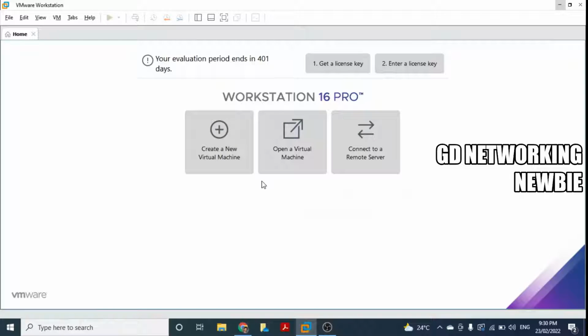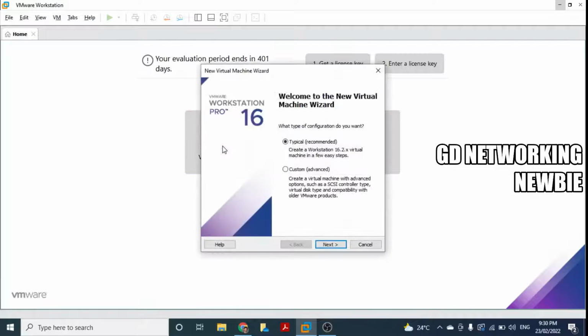So this is in VMware. We have this VMware, and you can see here there is an option to create a new virtual machine. So you are creating a new virtual machine. We'll go with this option. Click there. And then here we have the option to create a Workstation